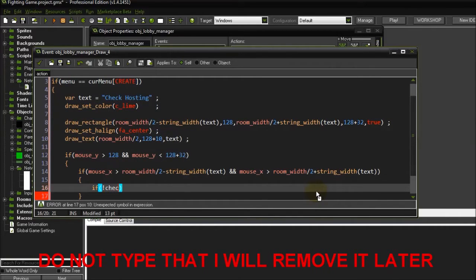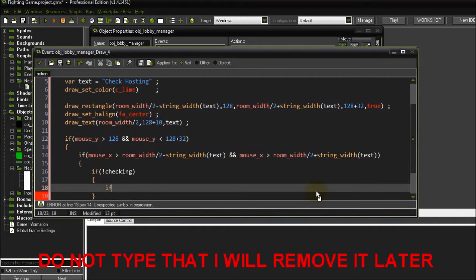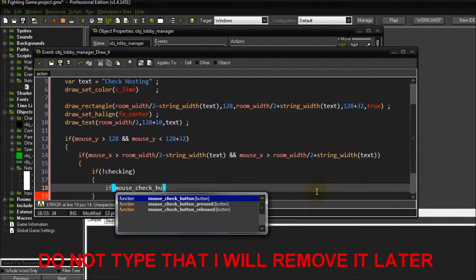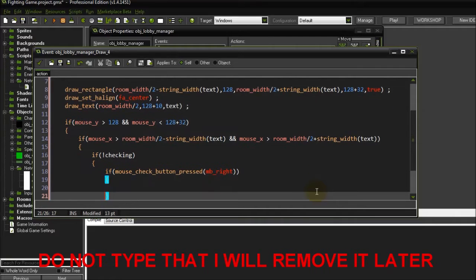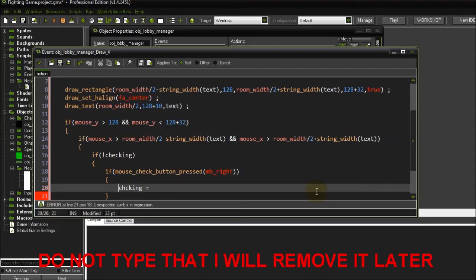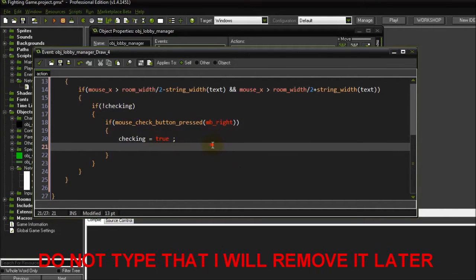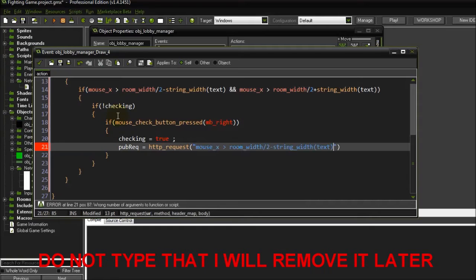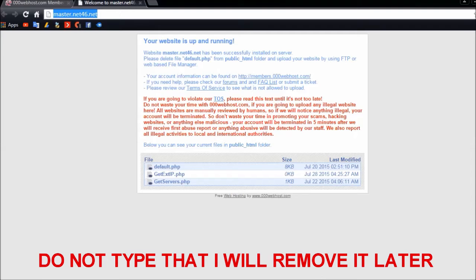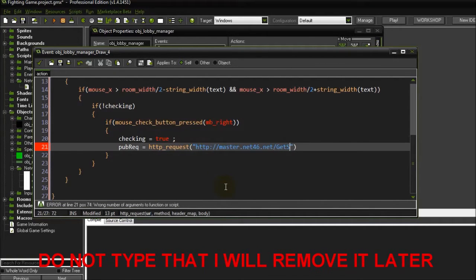if not chicken, wait, chicken, okay, if not chicken, and if mouse check button pressed, and chicken equals false or true, and we need a request here, so let's copy that, and okay, so what was the name of